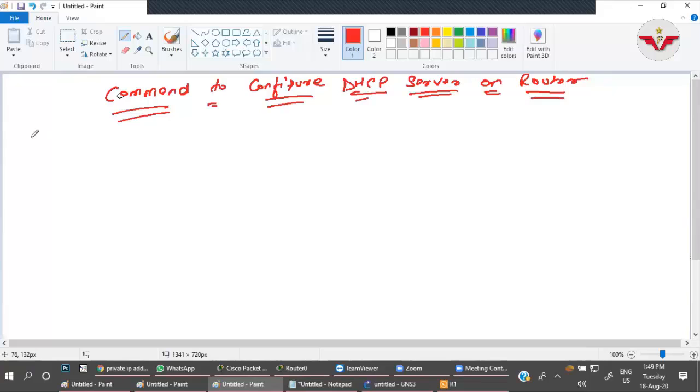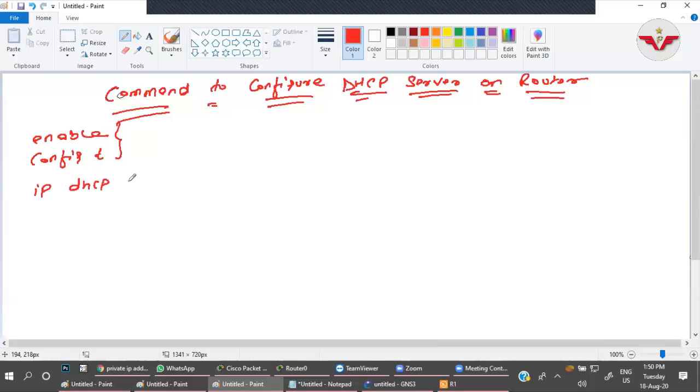First of all, you will go to the configuration mode: enable, config T, done. Now if you want to exclude the address, the command would be IP